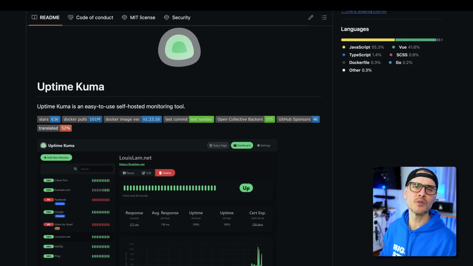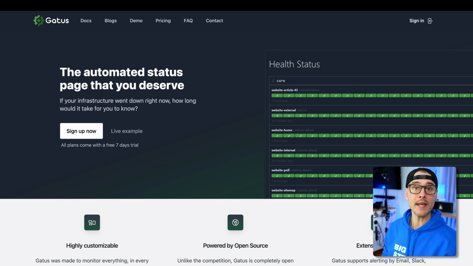And I think there's a version of Uptime Kuma now coming that uses MariaDB, which I'm excited about because it means the state of your Uptime Kuma now lives in a database versus a SQLite database that's on disk. So much better architecture coming in the future. Looking forward to that.